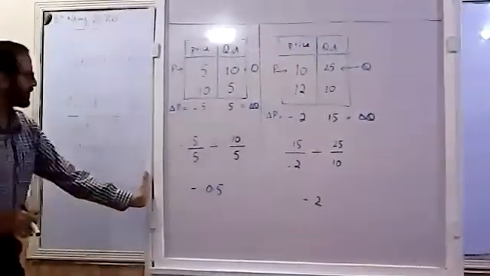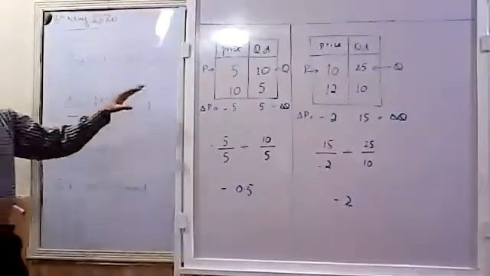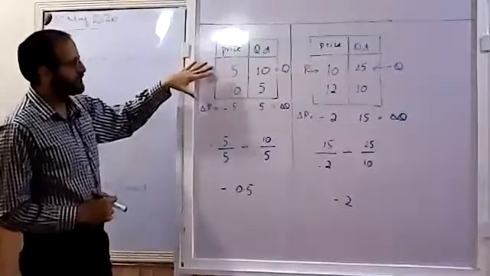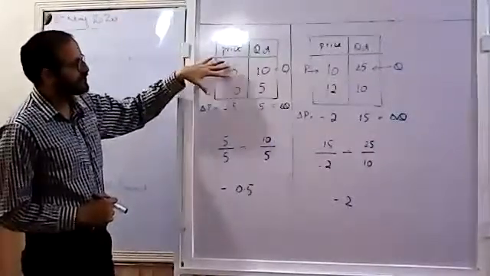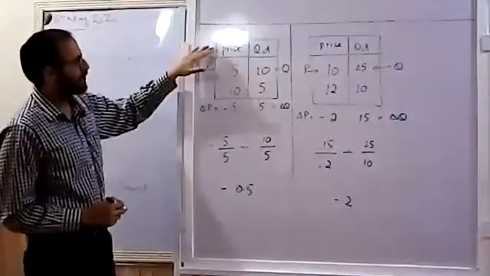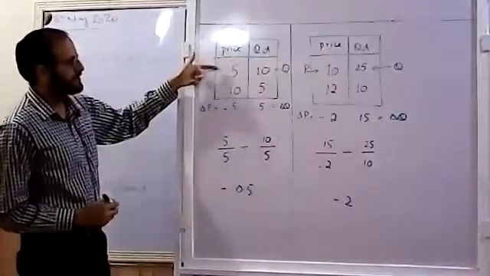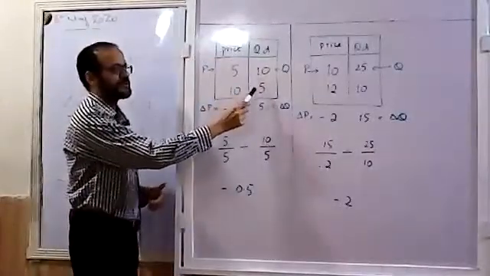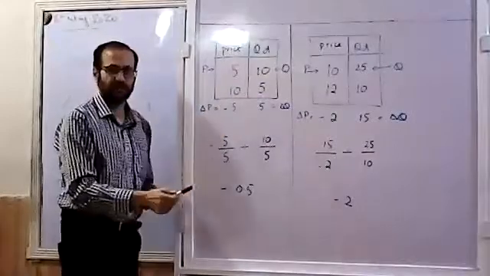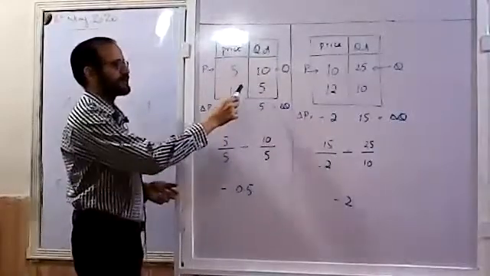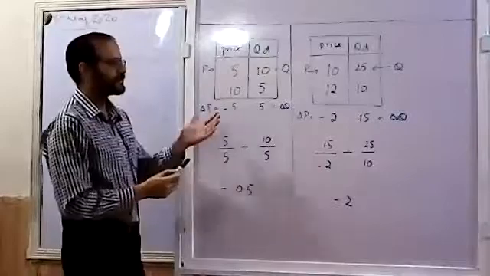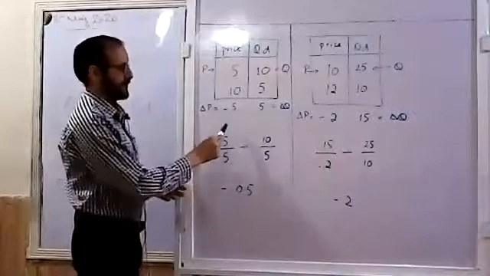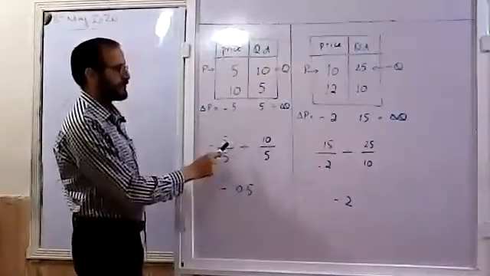Now, considering this formula, this is one of the tables which is giving us two pieces of information in rows: price and quantity demand. The price is increasing from 5 to 10, and the quantity demand is decreasing from 10 to 5. This is very natural, which we learn. But this change in quantity demand, due to the change in price, is giving us some result. What is that? We are going to put it in the formula, but before we do that,